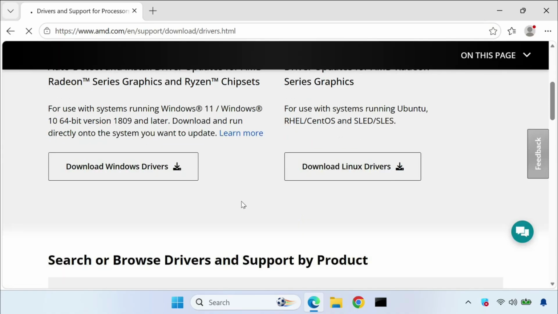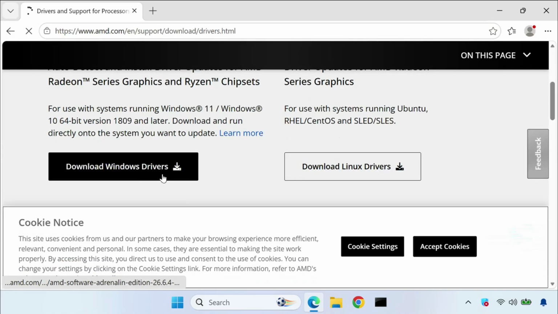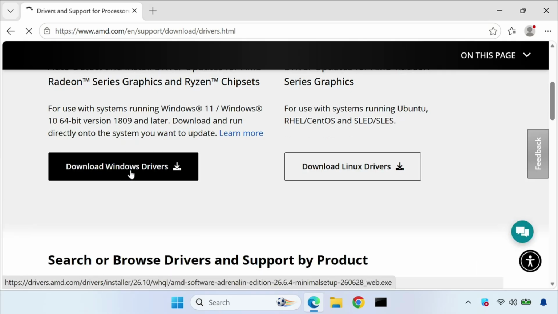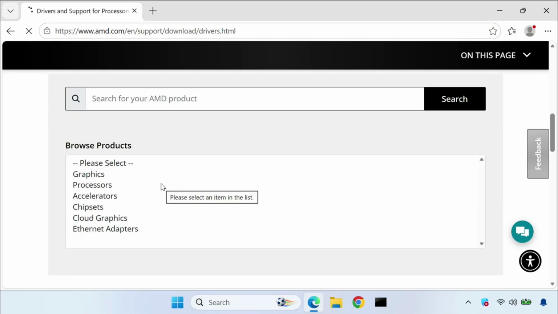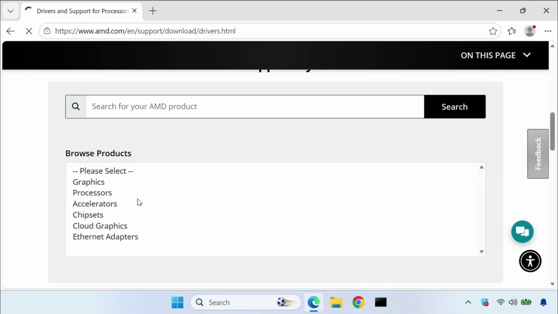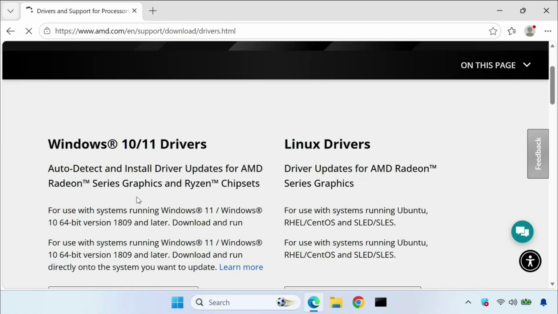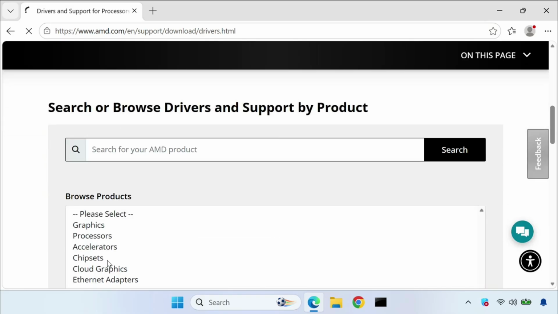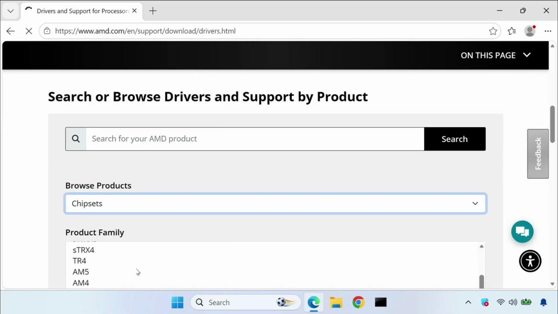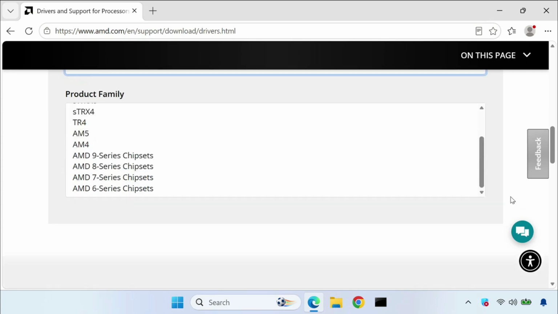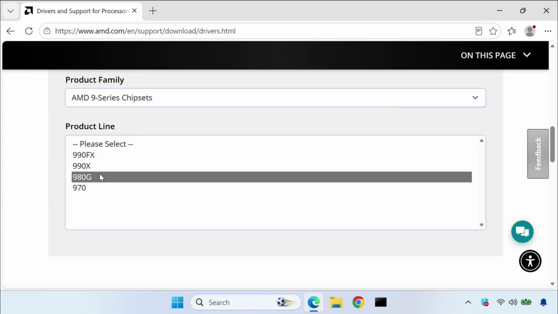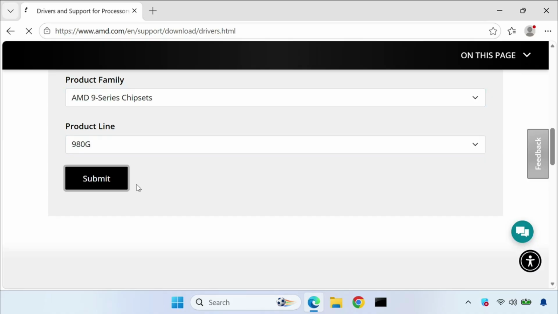scroll down. So this is an auto detector, so it will detect the required driver, and you can download and install it. So this is the manual process, so click on chipset. This is auto detect. Okay, click on chipset, then select the product, and you can enter the model, your product ID also, then submit,